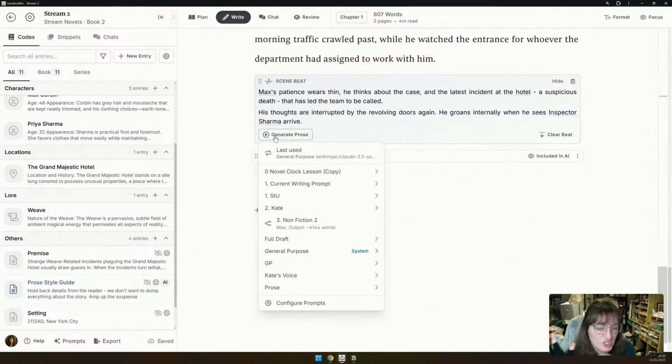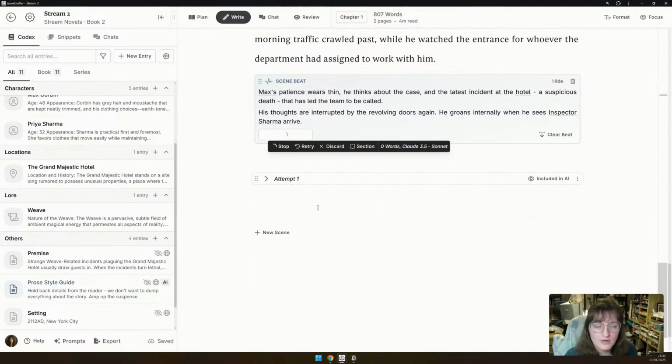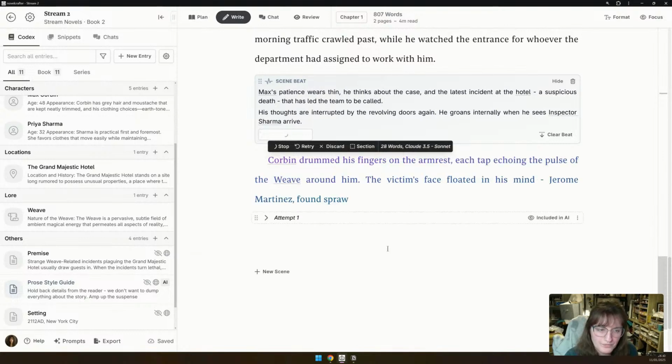And then I'm going to try and generate that prose again with this prose style guide and see how things change, if there are any other tweaks we need. We're just doing this on the fly, casual.